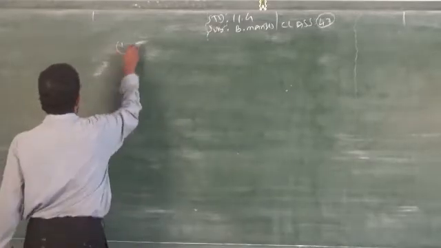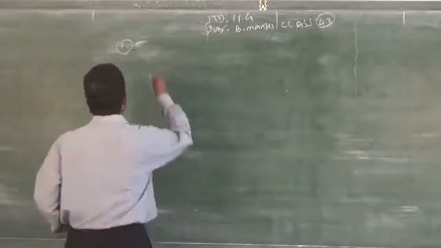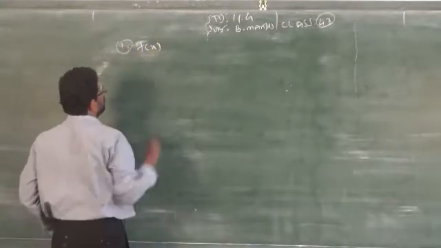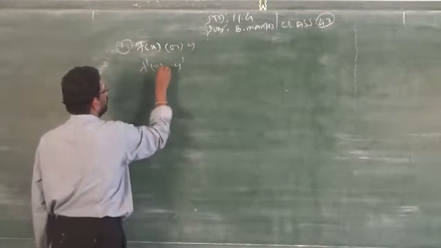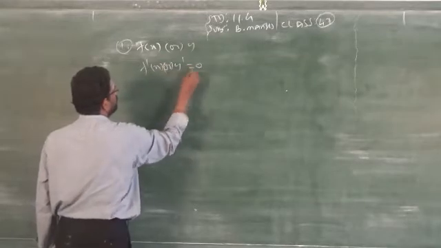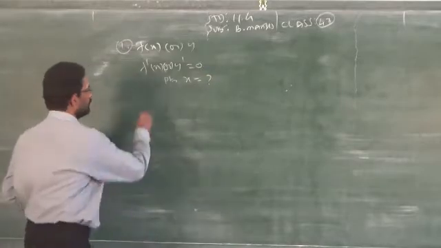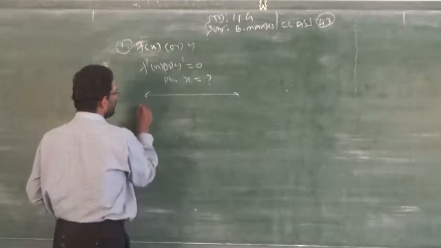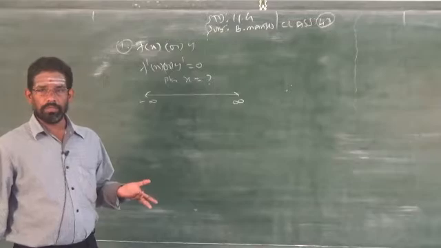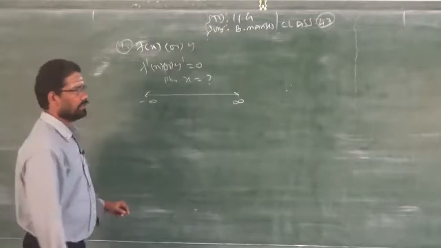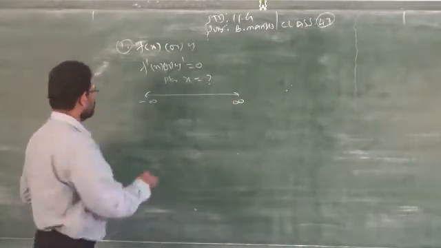Before that, you should know how to find out whether the function is an increasing function or not. So what is the rule? When the function is given, f of x or y, you find the first order, that is y dash, then make it equal to 0 and find the points. Clear? Then you go for the number line. It depends upon the question. You take minus infinity to plus infinity. If it is profit, cost or revenue, you always take 0 to infinity. So this is the number line.